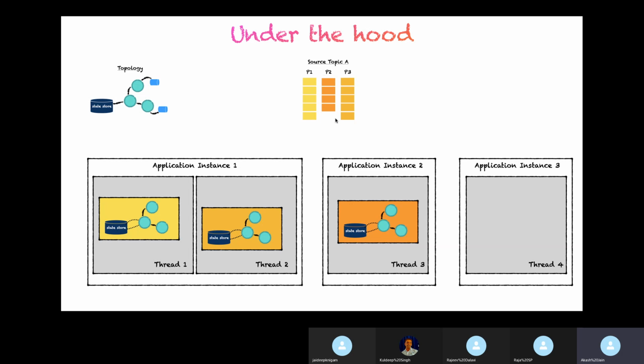Now, if it has been a very long running application, running for, let's say, the last 2 or 3 months, you can very well imagine there might be a lot of data in that topic. So in order to deal with a very large topic, this state is obviously by a key, right? The Kafka messages are keyed in the sense that there's going to be a key against which there's going to be a message. So this change log topic is a compacted topic, which is to say that